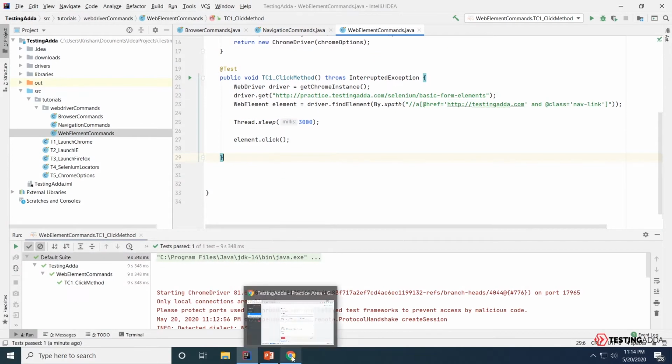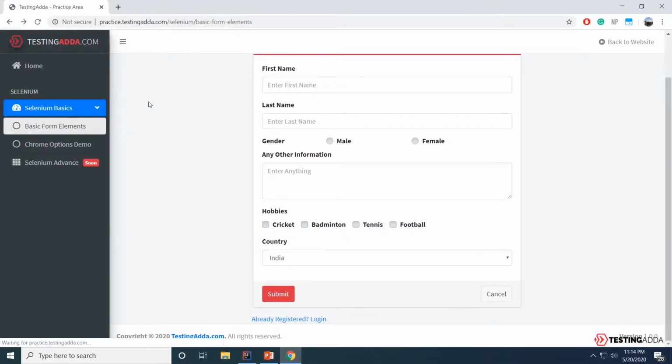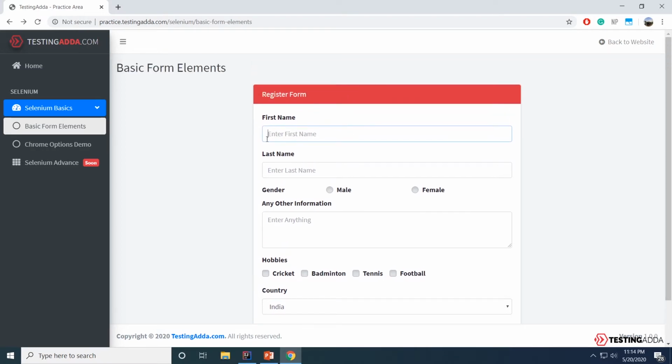But before that, we need to open our browser and understand what we are going to do, just to see how the clear functionality works. Now we have this form and this form is completely unfilled. That means there is no value in it. So how are we going to test it? We are going to try to fill the value in one of the fields. So let's say we'll pick up the first name. We are going to try to fill the value in first name first, then wait for 3 seconds and then try to clear the value from this text field and see if that works. This is going to be the task to understand the clear functionality.